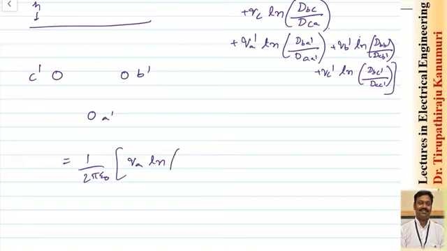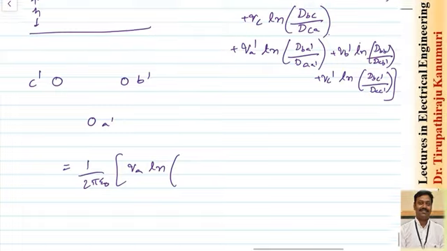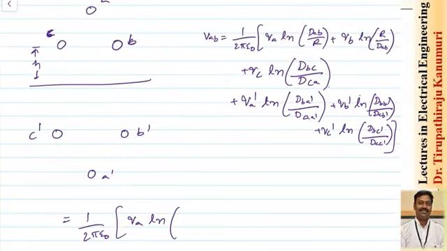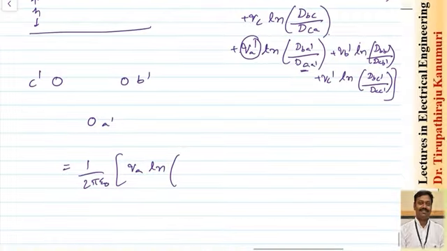So I am combining the QA term, similarly QB term and QC term, because this QA dash is nothing but equal to minus QA. That minus I can take inside. When I take inside, this denominator comes to numerator, numerator comes to denominator. So that's why I am writing here. So this can be written as DAB multiplied by DAA dash divided by, the denominator is all multiplied by DBA